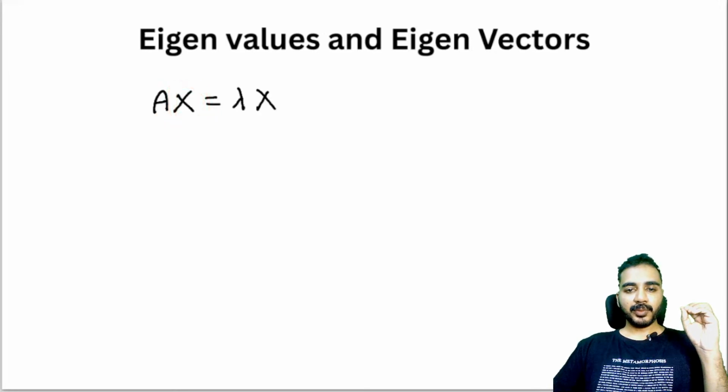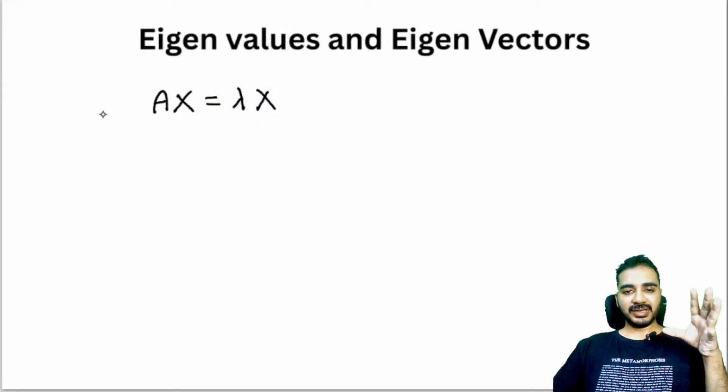When we multiply a matrix with its eigenvector, it is written as lambda into x, that is this same vector. So when we multiply a vector to a matrix and we get that same vector in a scaled format, that is lambda into x,